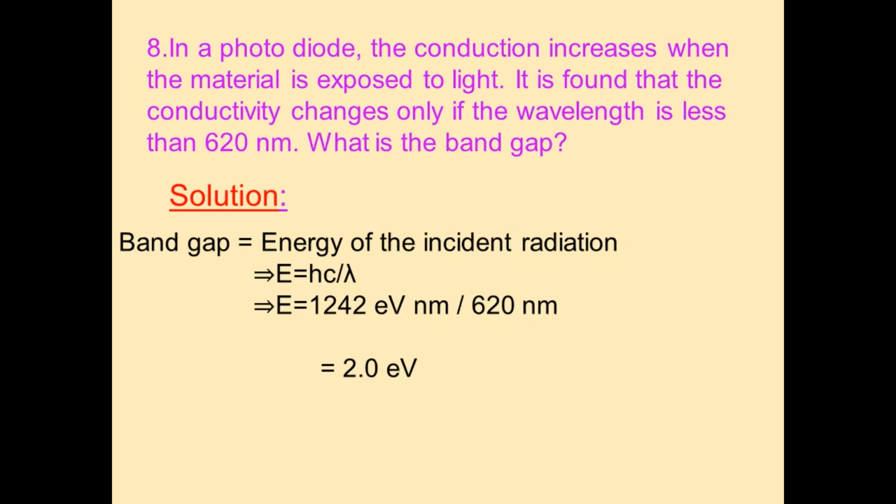Eighth one, in a photodiode the conduction increases when the material is exposed to light. It is found that the conductivity changes only if the wavelength is less than 620 nanometer. What is the band gap? Band gap E equal to hc by lambda. Hc value 12,400 electron volt angstrom. Here I consider